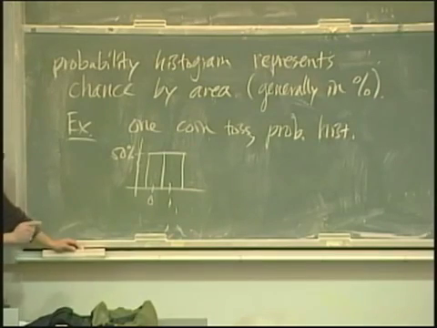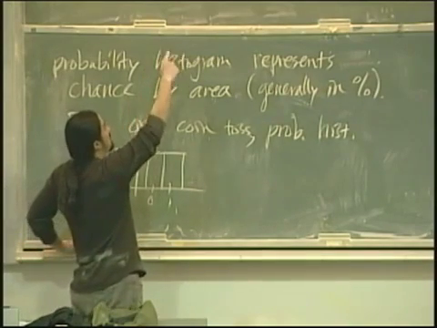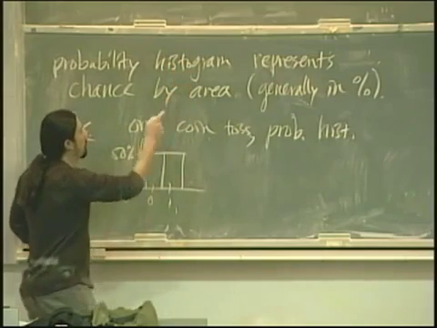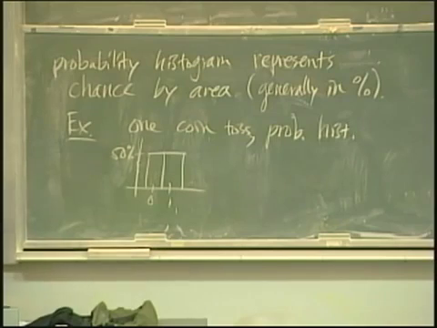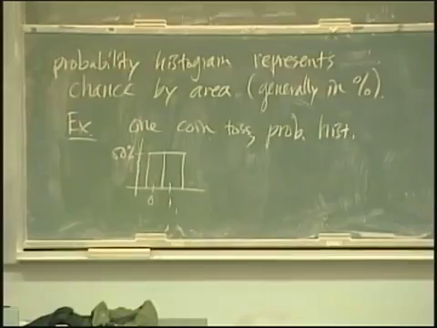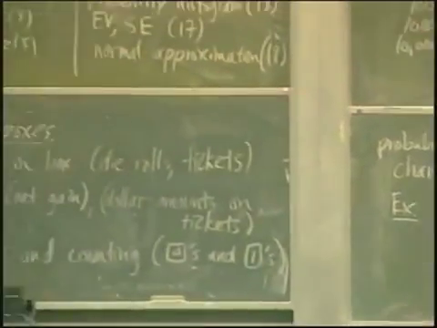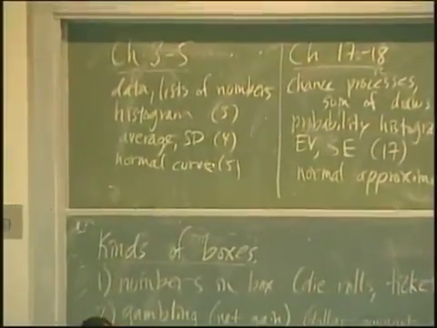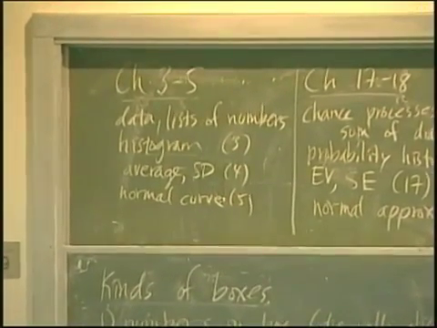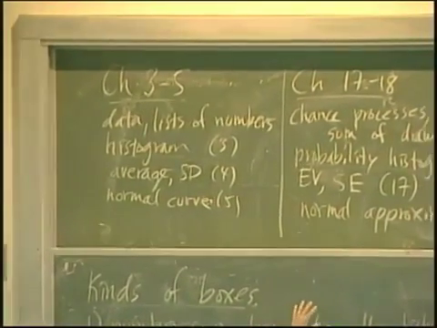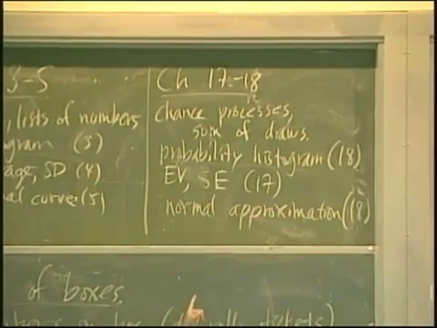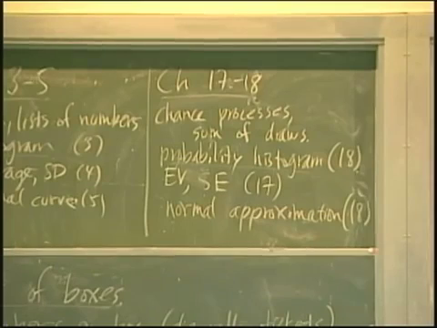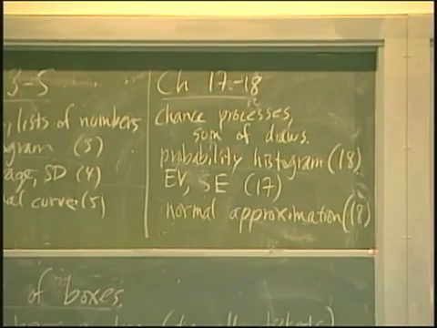Okay, so the law of averages, like I say, says that those empirical histograms, as we increase the number of coin tosses, should get closer and closer to this. So over here, in chapters 3, 4, and 5, I talked about how if a histogram looks like the normal curve and we know the average and the SD, we can use the normal table, standard units, all that kind of stuff we learned in chapter 5. Similar sort of thing is happening here. If we know the expected value and standard error, and the probability histogram looks like the normal curve, we can do a bunch of normal table approximation stuff.